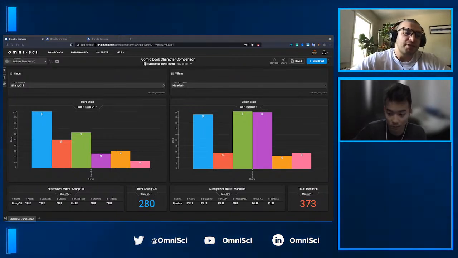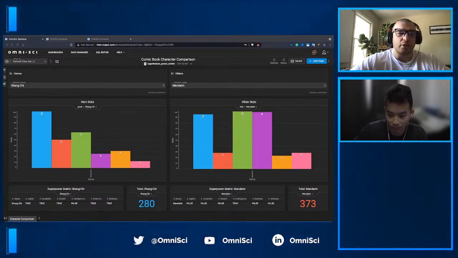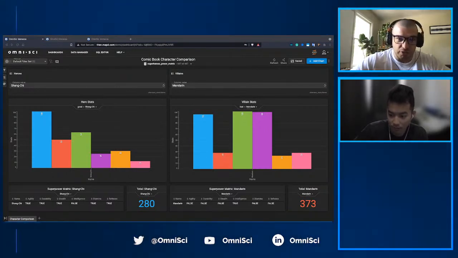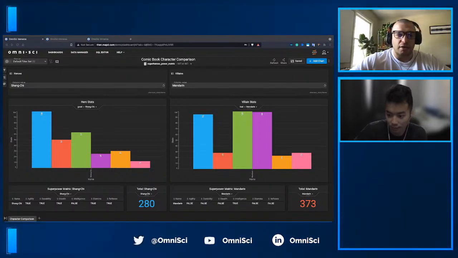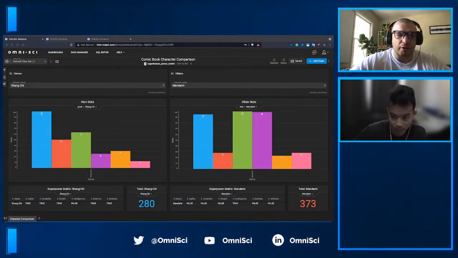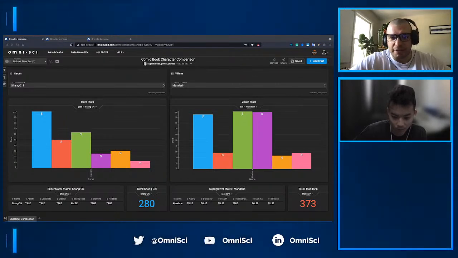In the dashboard, you can take a look at two different characters, one hero and one villain, compare the overall stats of each of those characters, and then take a look at their superpower matrix, which lets you compare and contrast each of the different powers that particular hero